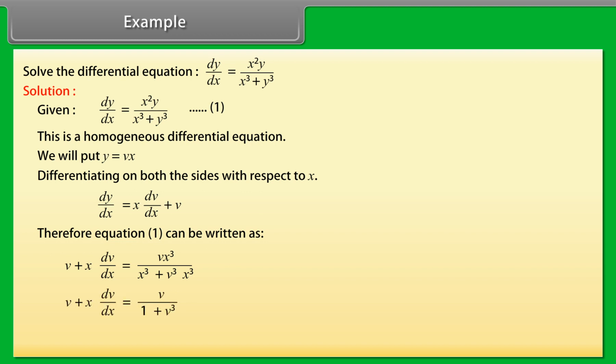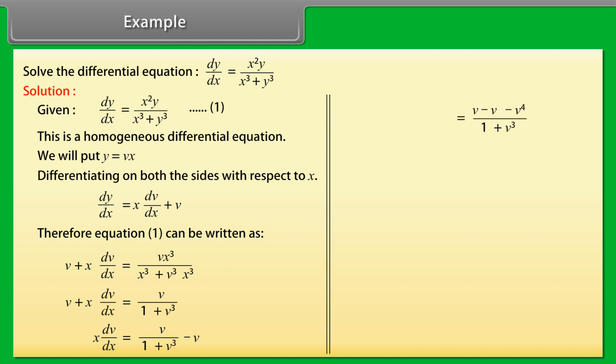v plus x dv by dx equals v upon 1 plus v cube. x dv by dx equals v upon 1 plus v cube minus v, which equals v minus v raised to the power 4 upon 1 plus v cube. Integrate on both the sides, we get